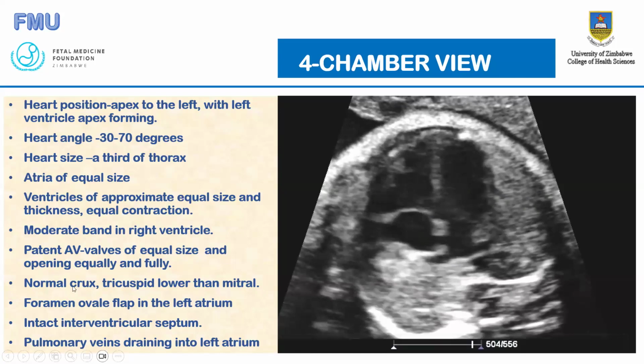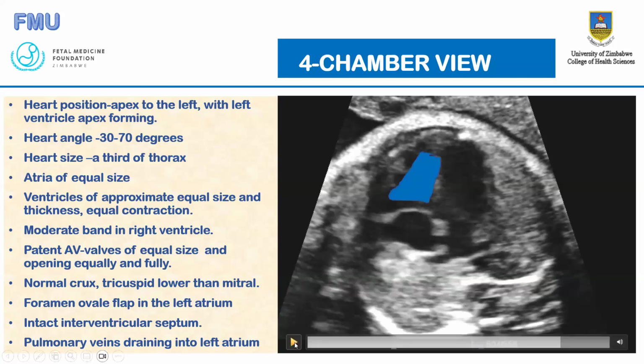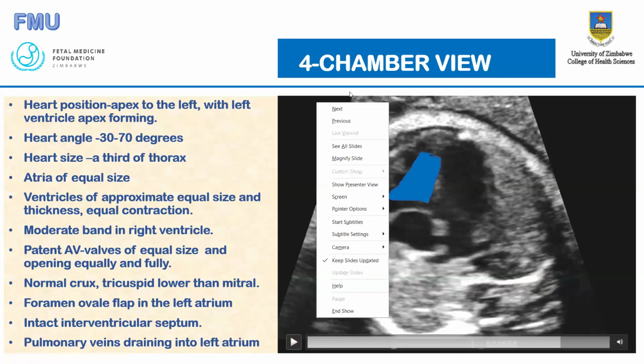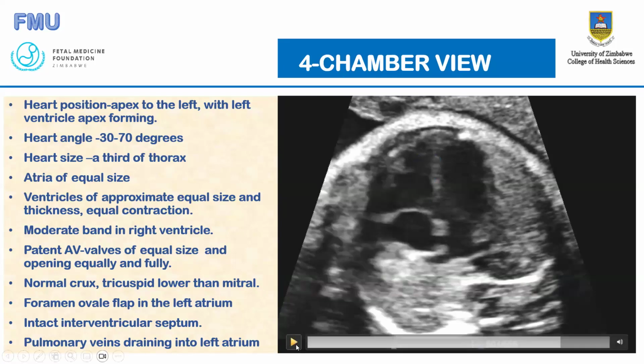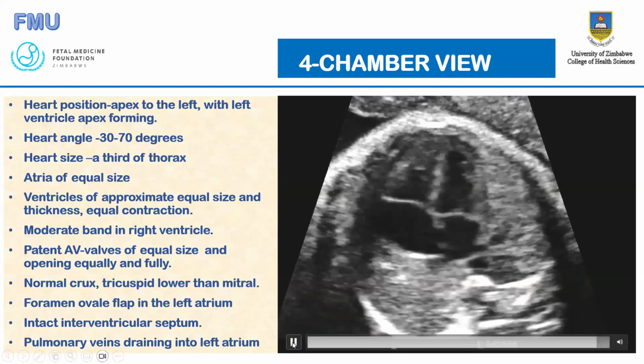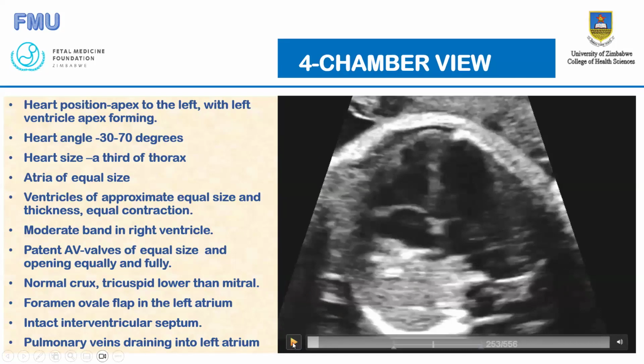Then they should be normal crux. Crux means just cross, a normal cross. It's a French word for cross. The tricuspid should be lower than the mitral. So when you interrogate the AV valves, let's see, previous. Okay. So as we interrogate the AV valves, right,